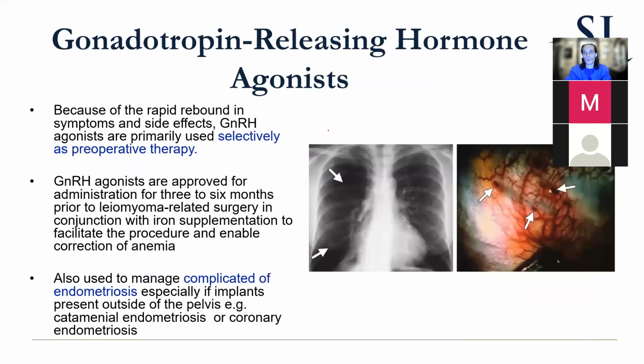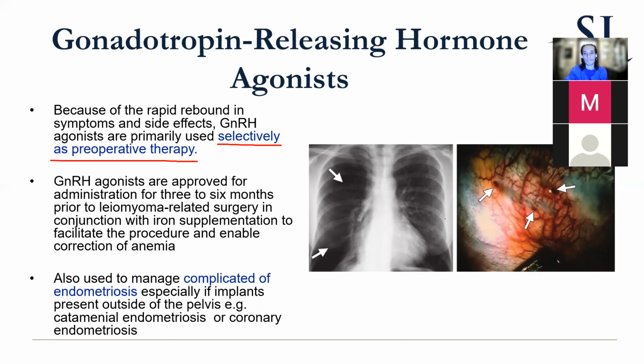So it's used in a couple of contexts. It's not that it just doesn't work and that's it. You could selectively use it as preoperative therapy. Say you have a woman who's in her 30s and she desires future fertility, but she's never been pregnant before. Sometimes you'll see they'll have very, very large fibroids, right? Causing pain, bleeding, what have you. You could put them on Lupron for a month and then do surgery. That'll reduce the fibroid significantly.